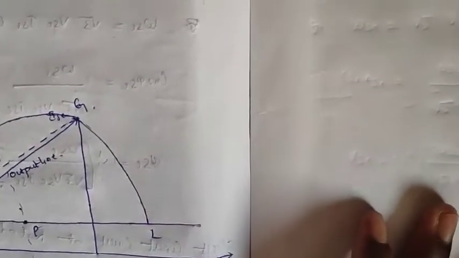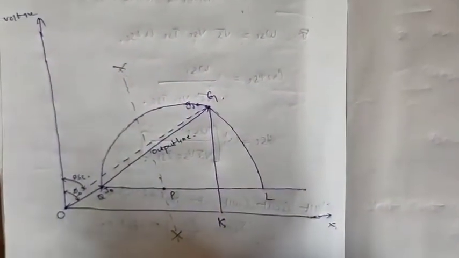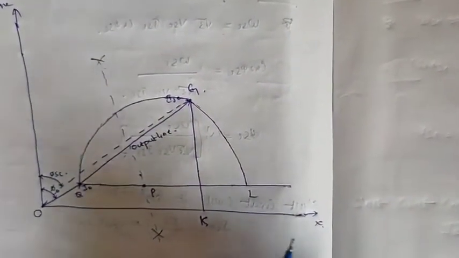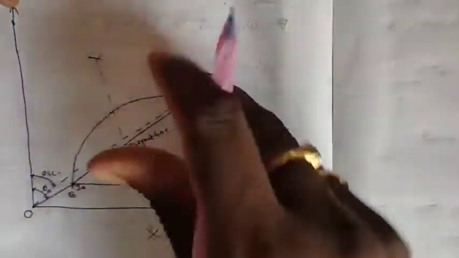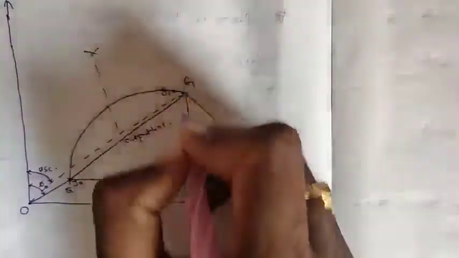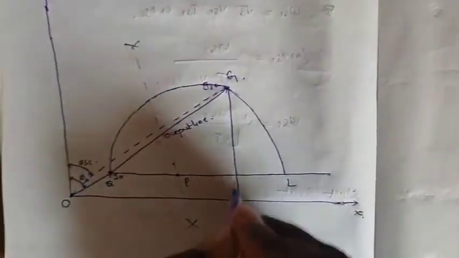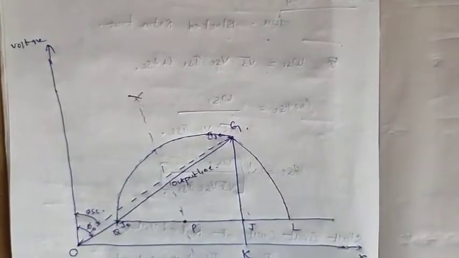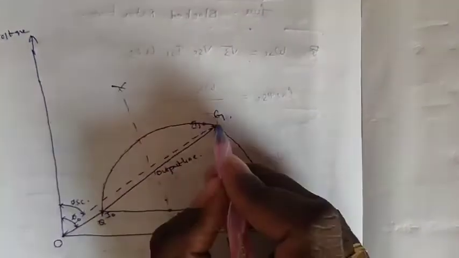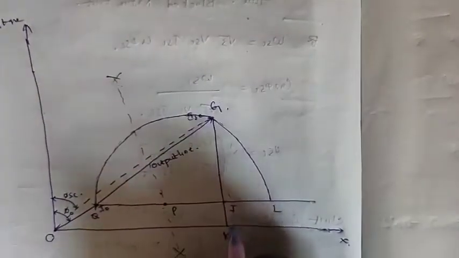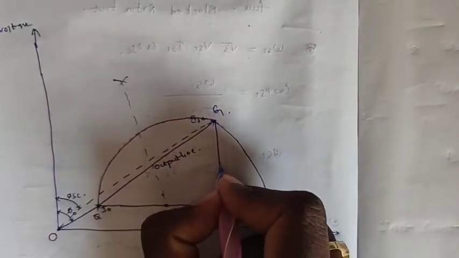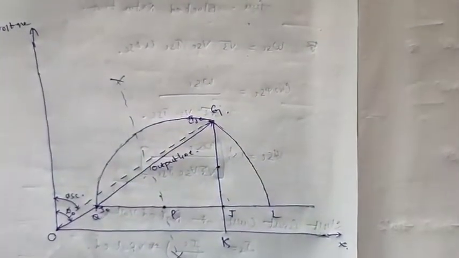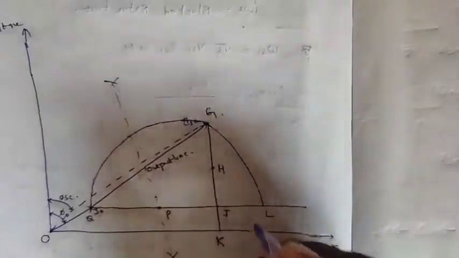After that, we have to draw the torque line. The torque line is drawn by taking the 2 points by bisecting of the GK. The pointing point of this one is J. We have to put J. So we have to divide the GJ line into another one, that is putting of H.